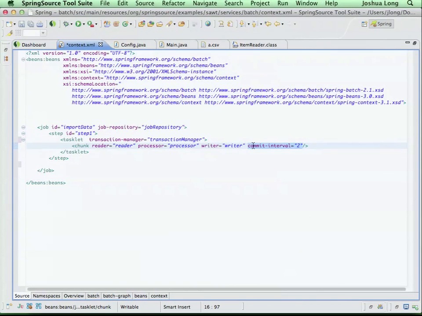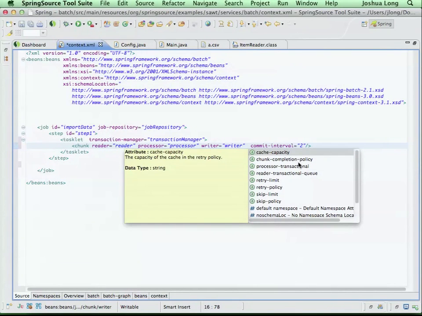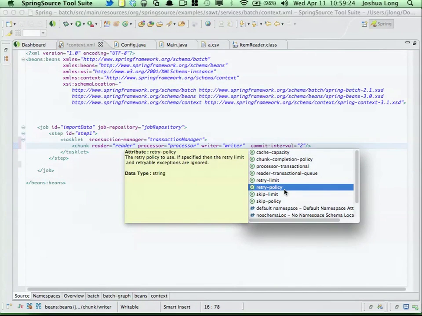So yeah, this is that commit interval, by the way, we were talking about. You can see there are lots of options here. You can say how many times I want to retry. You can specify the policy. You can say I want a back-off policy where I retry after progressively longer periods. So try it again almost immediately, and then if that doesn't work, wait a little bit more, and then if that doesn't work, wait a little bit more. Keep retrying, and then you can say up to a limit.